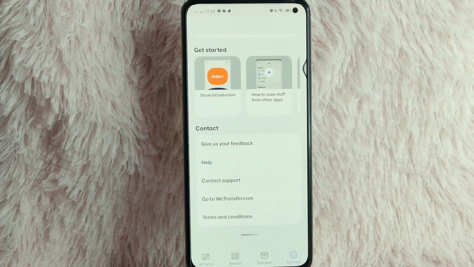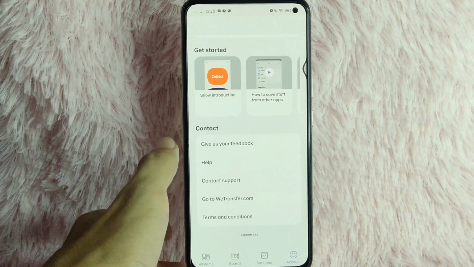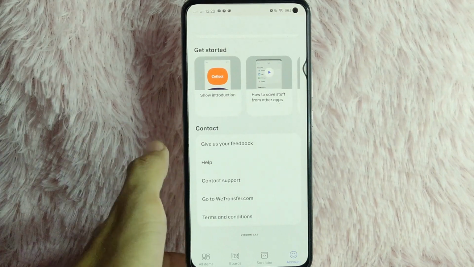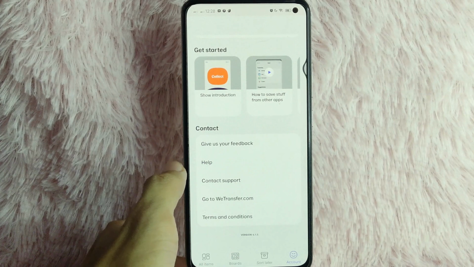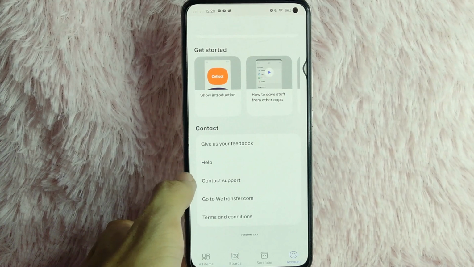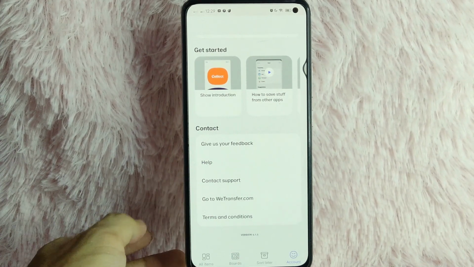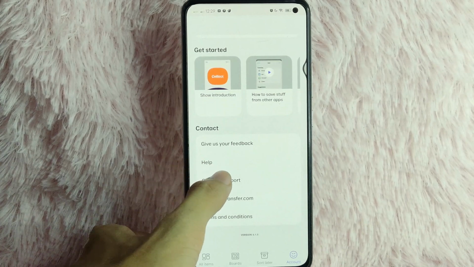And in here, you'll see this contact information. You have here that you can give your feedback. If you need help, you can also contact the support. In today's tutorial, you simply need to tap on this contact support,